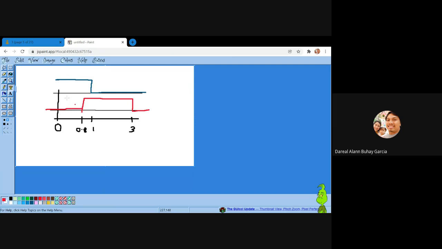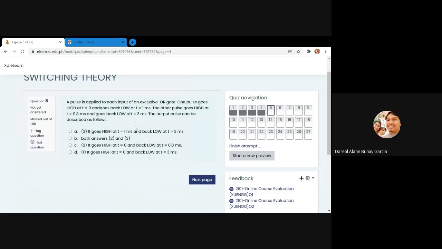So, this is input A, this is input B, XOR, the output pulse can be described as